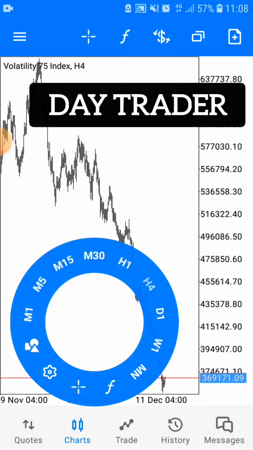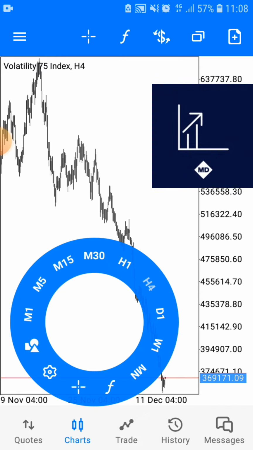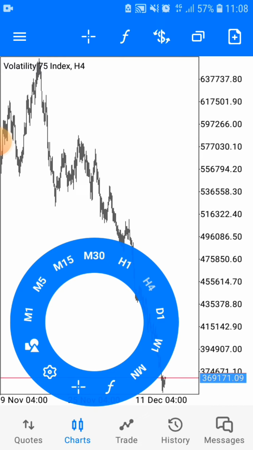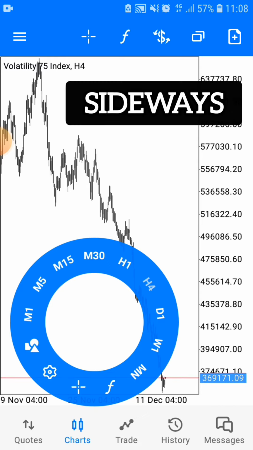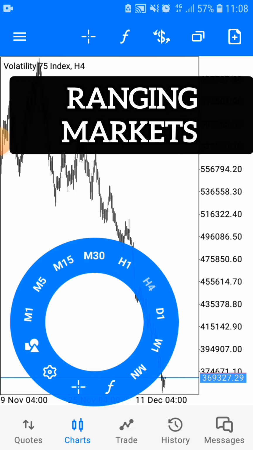Now once you are on the 4-hour time frame, you have to know what's the current nature of the market. Is it currently trending, or is it just in a ranging condition? If it is ranging, meaning the market movement is just sideways and not going anywhere, ignore that pair and look for other pairs to trade, as the rule is to never trade on ranging markets.